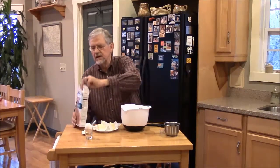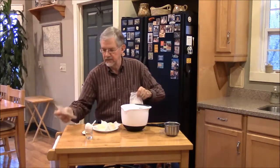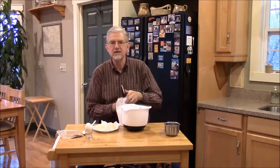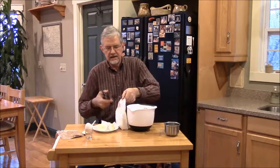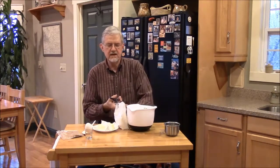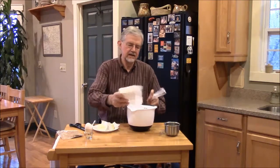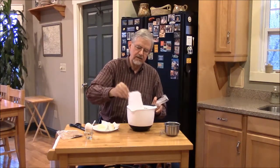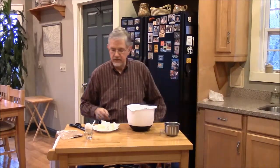So what we're going to do, oh look, we got 2 things in here. We didn't need that box anyway. I'm going to do this the tidy way, I think, and cut the top of the bag of the main mix that comes in the box and just dump it in there. You can gnaw it with your teeth or use a jackknife or whatever, but I found that this really works pretty well. Okay,